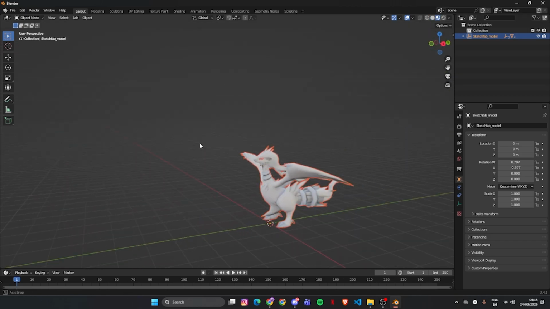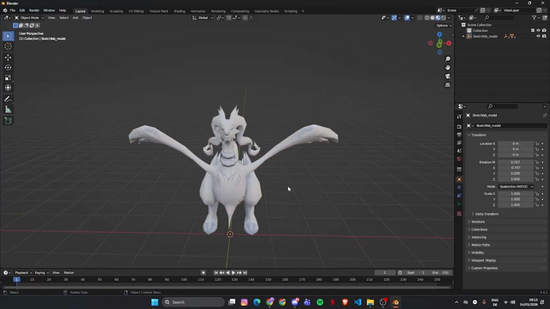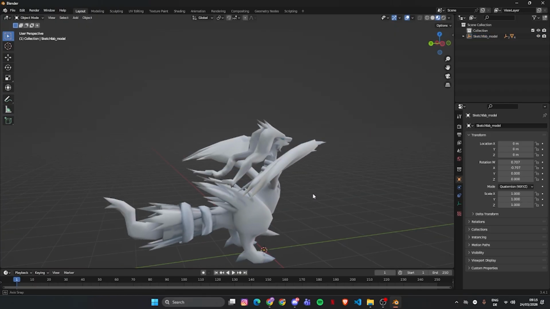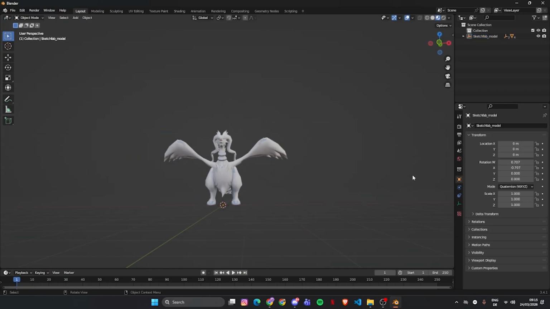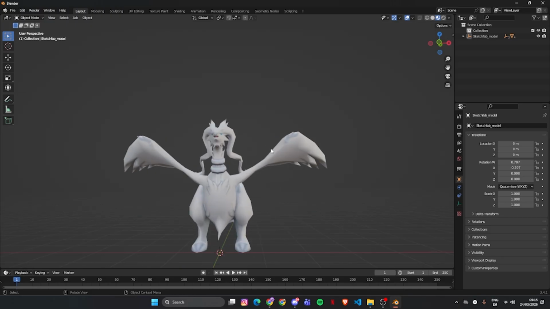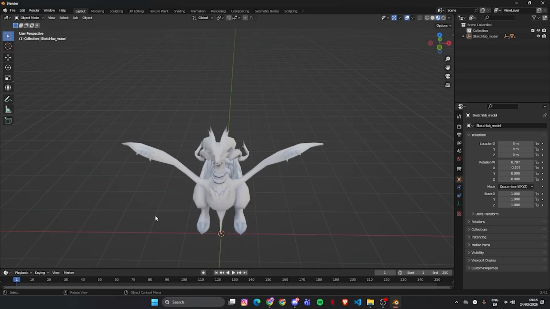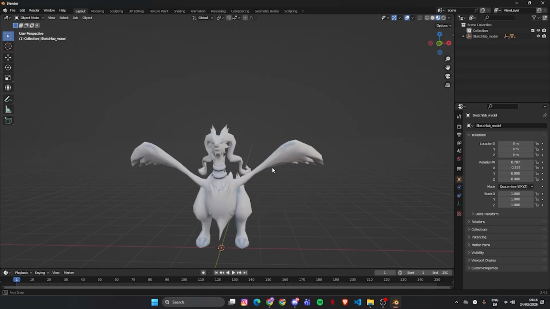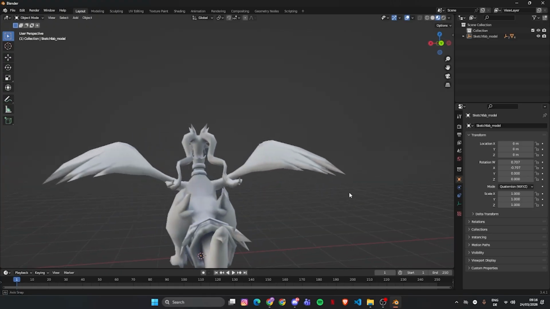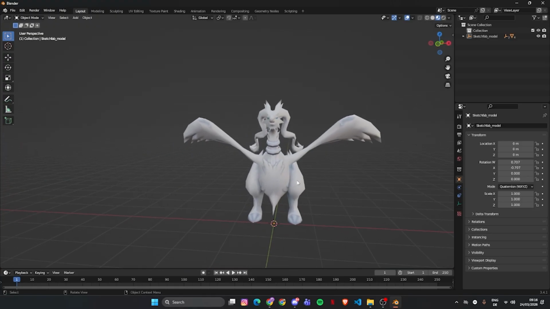I am going to go to the texture tab, and in theory we could add bones and pose this, but it's a little bit more complicated, so feel free to skip this part if you just wanna download the 3D model and get started right away with the export.